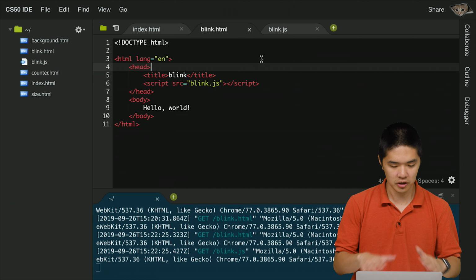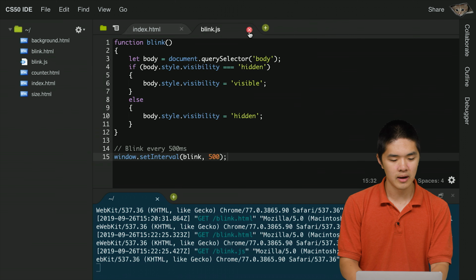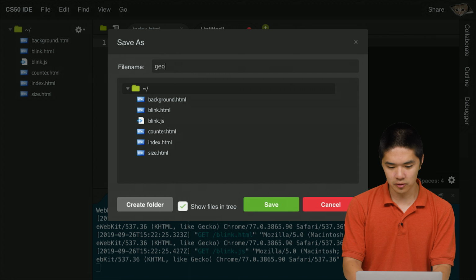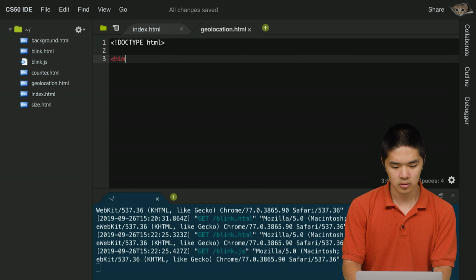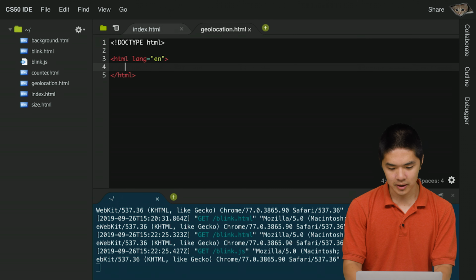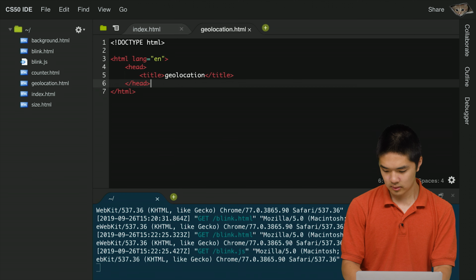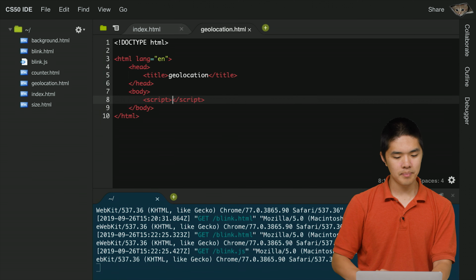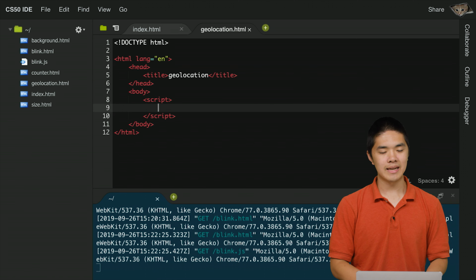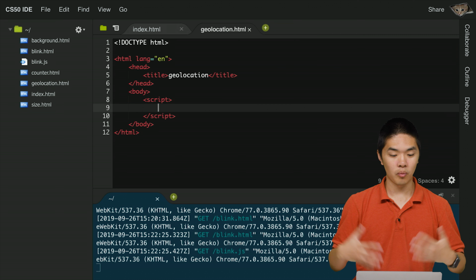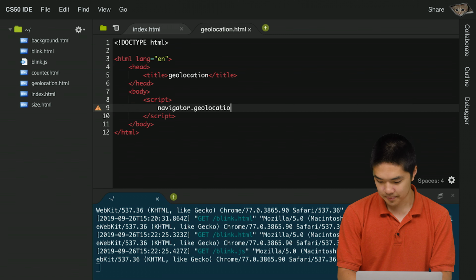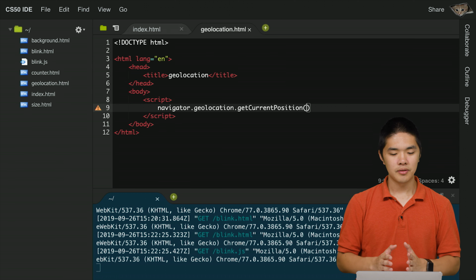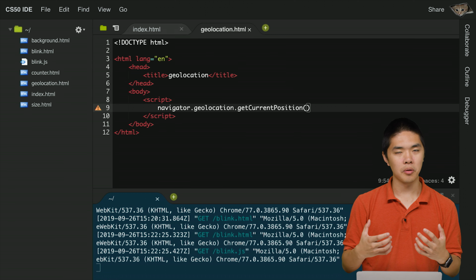gives us access to. We've only just barely scratched the surface, but to take a look at some other things, I'll create a new file called geolocation.html, and inside of geolocation.html, I'll go ahead and start up the basic structure of the web page. I'll go ahead and add a script tag to the body of my page where I would like to get the user's current location. It turns out there's a way to do this using JavaScript that uses something called navigator.geolocation.getCurrentPosition. And this is a function that is going to access geolocation services for my computer and try and get